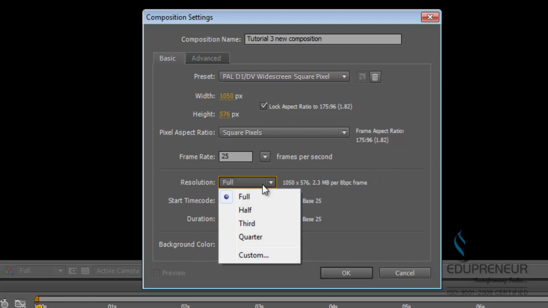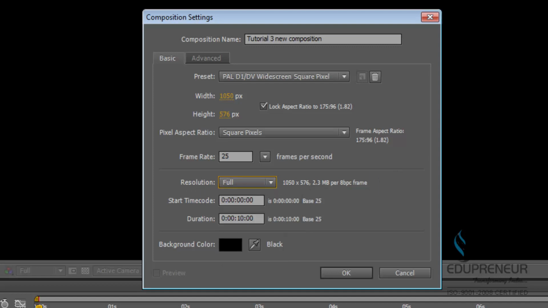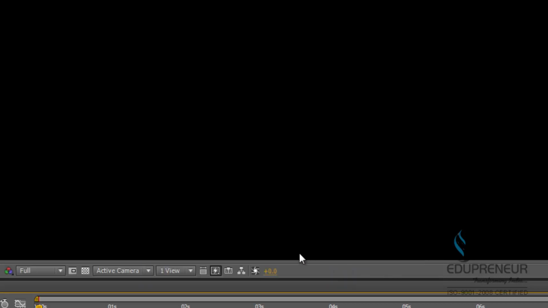The resolution is what quality of the composition is being previewed over here in the composition. The next important thing is the duration. The duration is how long your composition is. For example, if you want to show a movie of 10 minutes, let's say a short movie, you will set here 10 minutes and then the time will be set to 10 minutes, 10 seconds and so on. I'll just delete this, and for the purpose of this tutorial I will leave it at 10 seconds and click OK. You can see